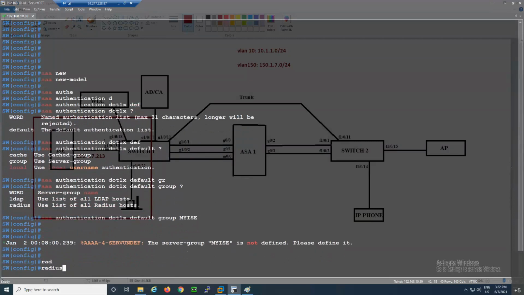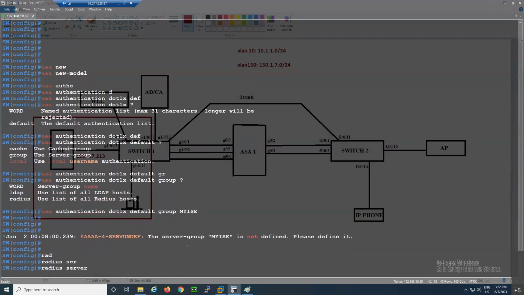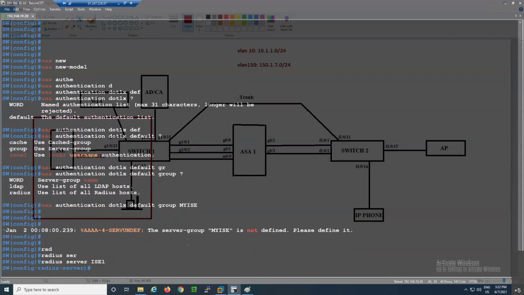You can define the server group first and then configure the authentication method list, or you can define the authentication method list first and then configure the server group. To configure the server group, first of all, we need to define the radius server, that is, the IP address of ICE.